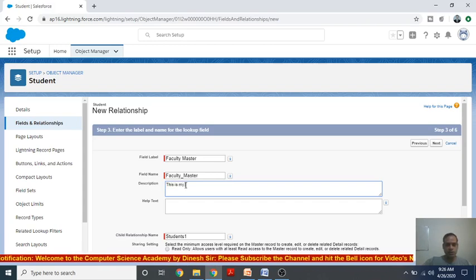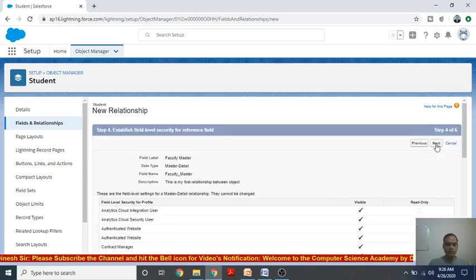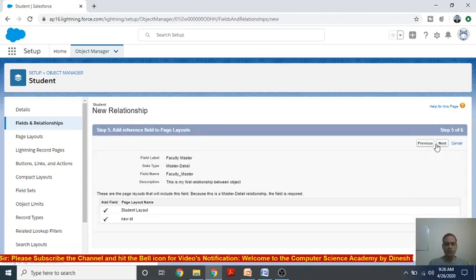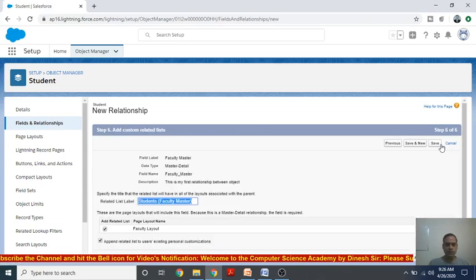This is my first relationship between objects, right? It's up to you if you want to mention it, otherwise go to next. Click on next. So this is the kind of relationship we maintain. Then click on save.